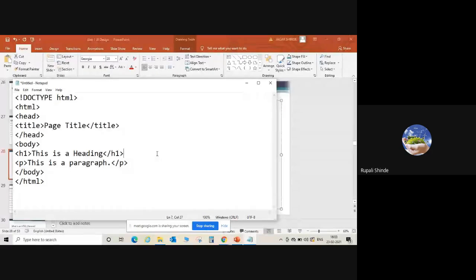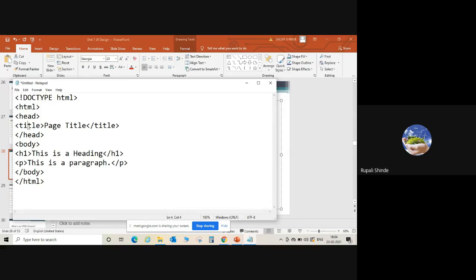Then one more important point is that whenever we create any element, it should have an end element. Here we have an html tag and a head tag, or the head element. Then we have to include the title element. So how are we going to write the elements? Here elements are case sensitive.